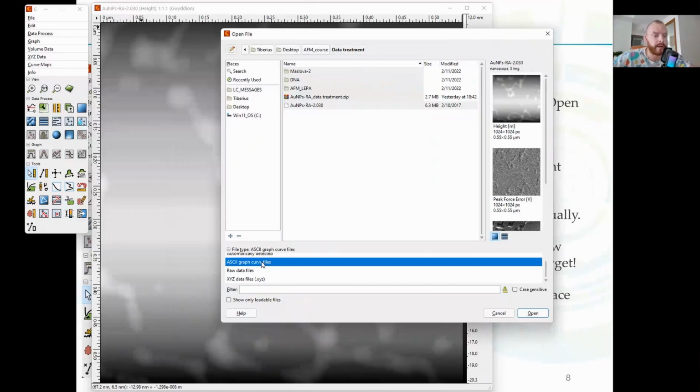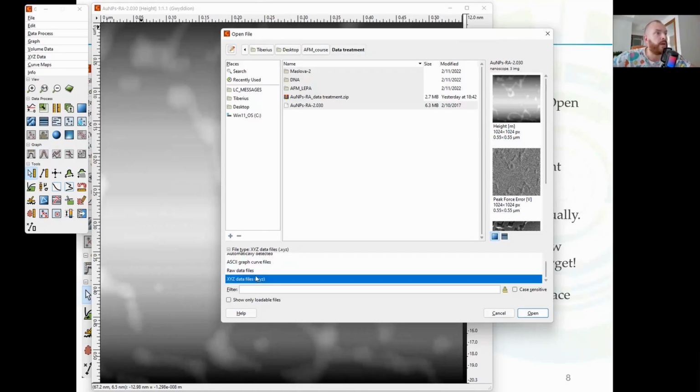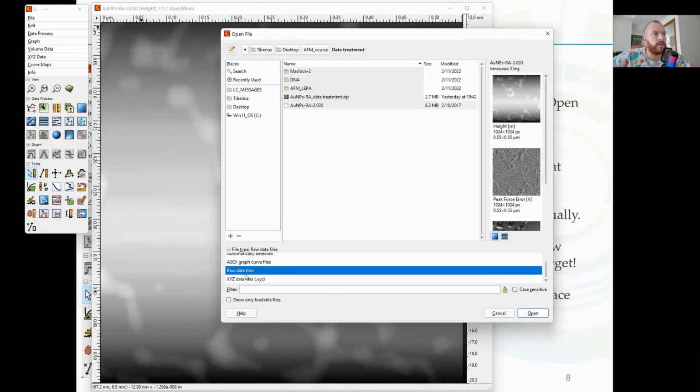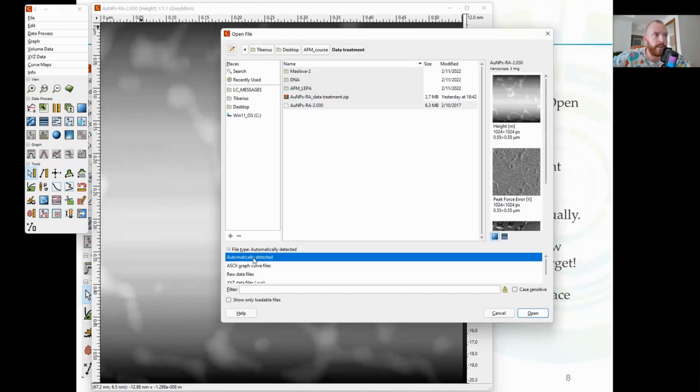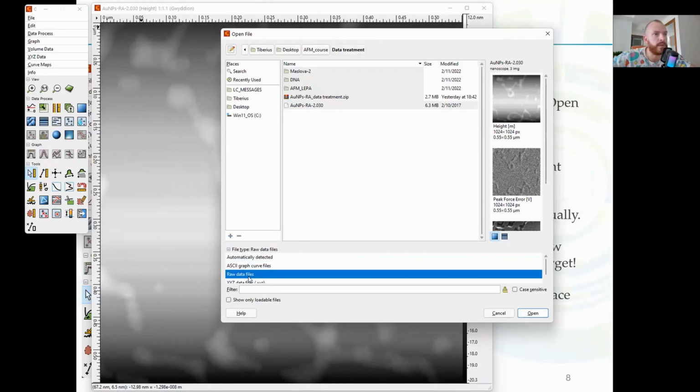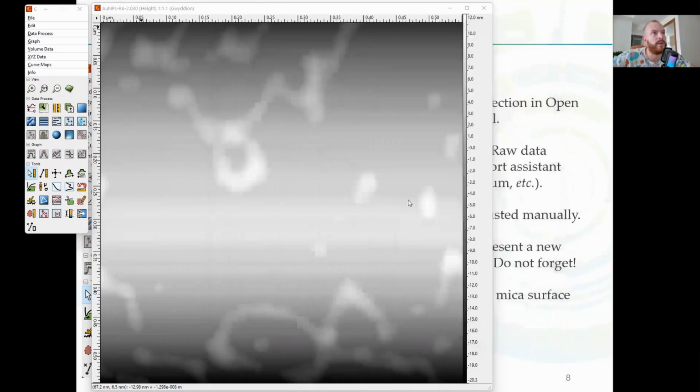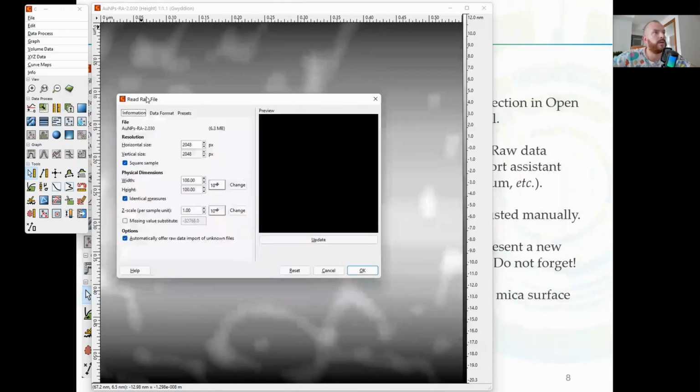This is any file, because the idea of Gwyddion is that you can do whatever you want. X, Y could be coordinates, but it's not necessary for them to be in micrometers. It can be in ages, it can be in years, months, and so on. So this is a more general format. Okay, if we press here raw data file, if we are not lucky and we cannot see any picture when we select automatically detected, we go to raw data file, press open again, and we have such a window